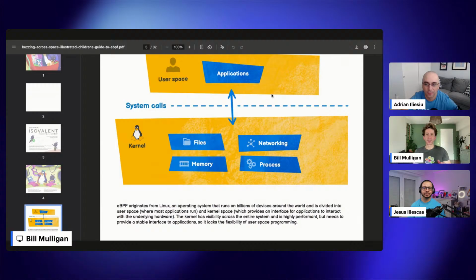And so then on the technology side, we said, okay, user space where people deploy applications is like the cockpit. It's safe to do that. You're driving the ship. But if you go into kernel space, that's where all the critical systems are, like the files, the memory, networking, access to different processes. And that's where we really control things. And so you can see there's the story part, and then there's the technology side. And hopefully it breaks it down in a way that people find interesting.